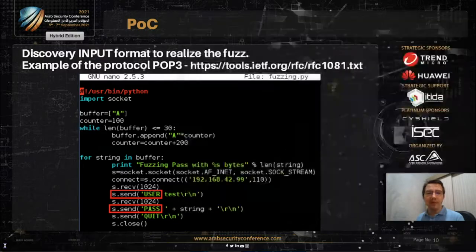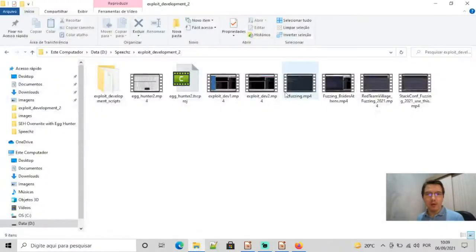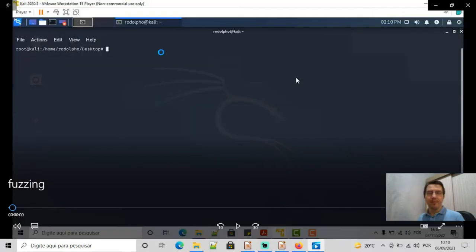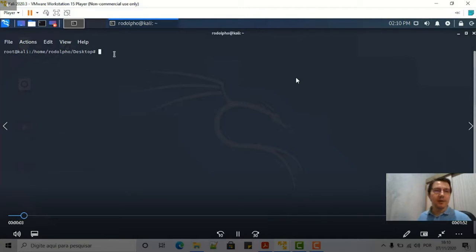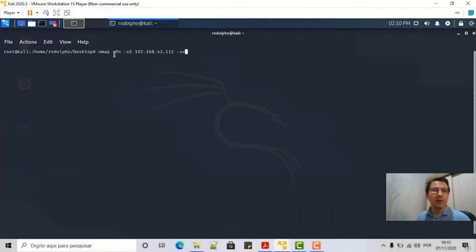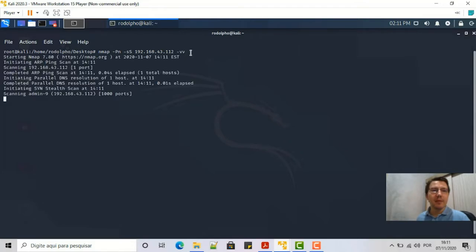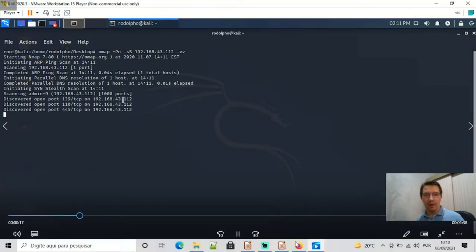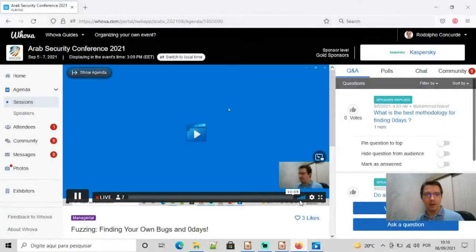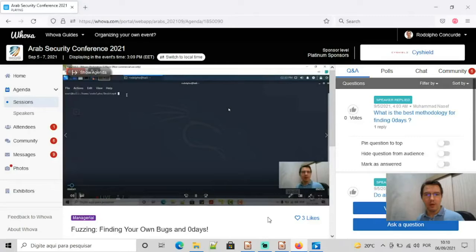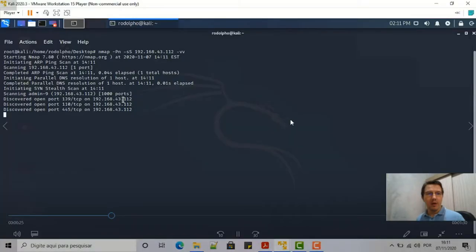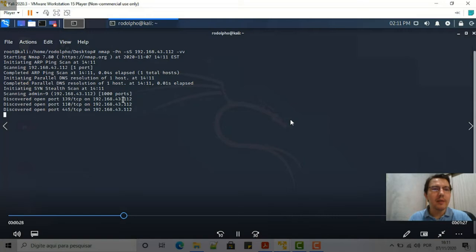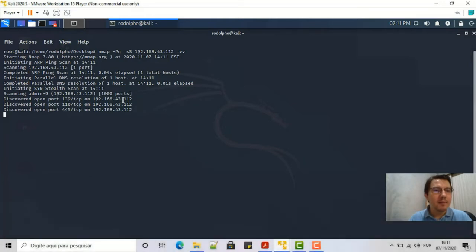Let's see the video POC. As we can see in the video POC, Nmap against the target shows a port